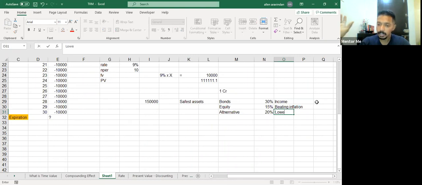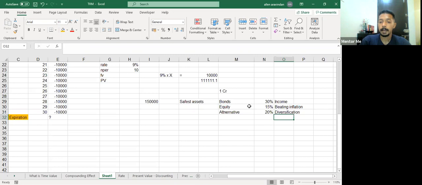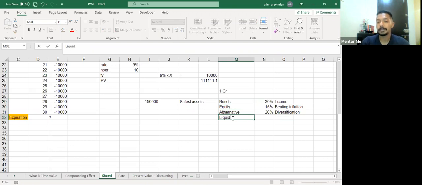I mean, if I use financial terms, it means lower correlation, but in layman's terms, diversification. Okay. Now we just covered equity, bonds, alternatives, right? Now there could be some other investments also. It's not necessary. So we could also keep some part of the money as liquid, because we might require immediate cash flows, right? At that time we don't want to be breaking our bond portfolio or equity portfolio to take out the money.